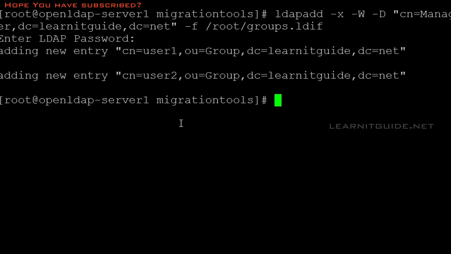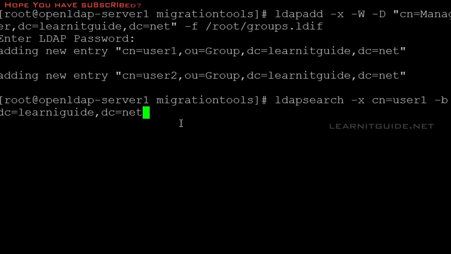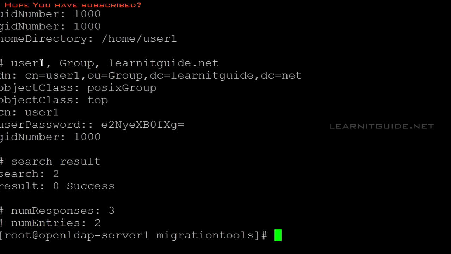Let's test this configuration. We have added two users, user1 and user2. How do I test? You should integrate your client to this OpenLDAP server, then we can check by logging into the individual machines. But before that, how do I check from the server itself? The command is ldapsearch -x cn=user1 -b, where you define your domain name. If you see this, here it is giving